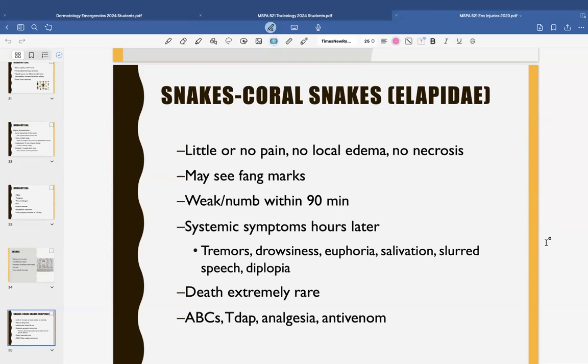Sleep, tremors, drowsiness, euphoria. That's nice. Salivation, slurred speech, diplopia. Death is still extremely rare, but still need to watch those ABCs, Tdap, and